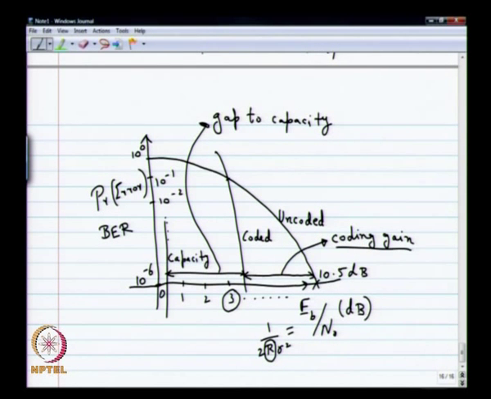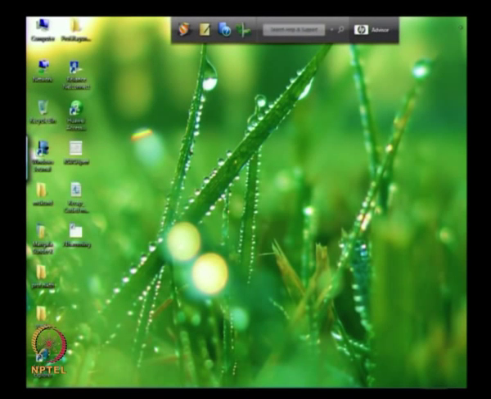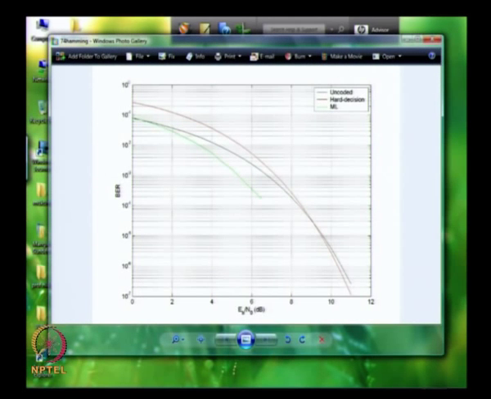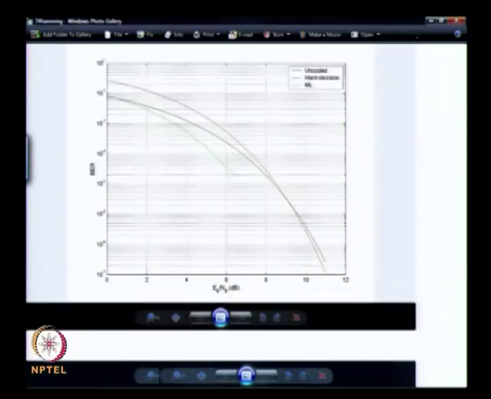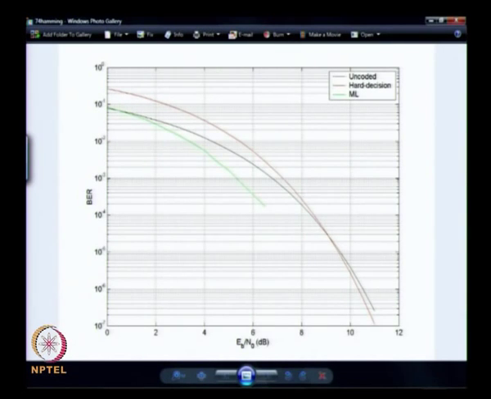Okay, so for that, I am going to pull out two different curves that I already have. The first one is a 7-4 Hamming code. Okay, so here is that curve. Can you see that? Okay, so there are three different curves here. Hopefully, all of them are visible to you. Okay, one is the black curve, which is marked in the legend as